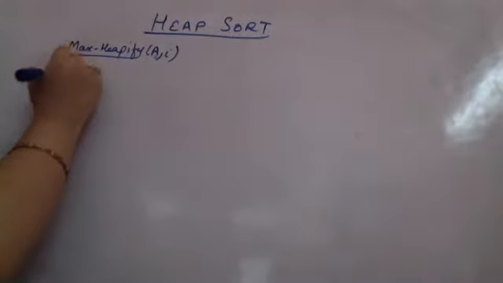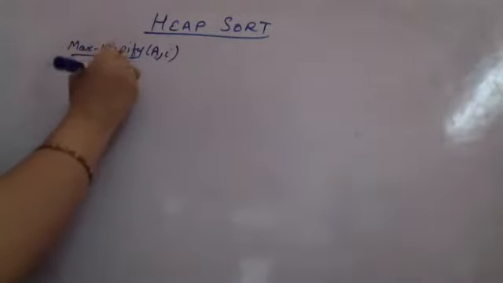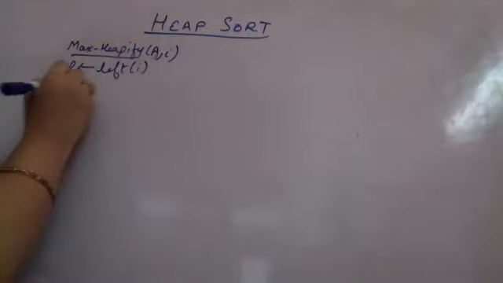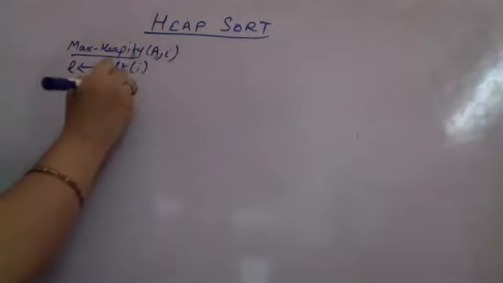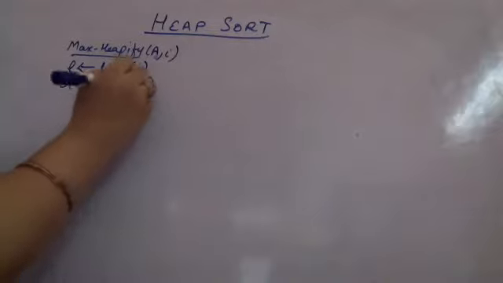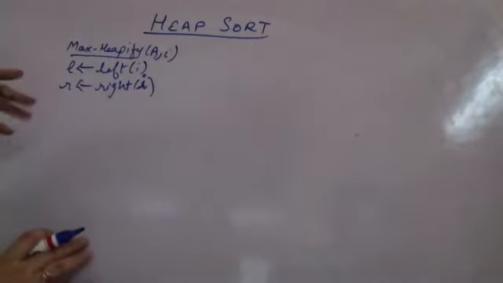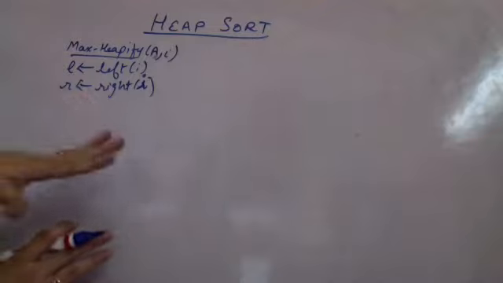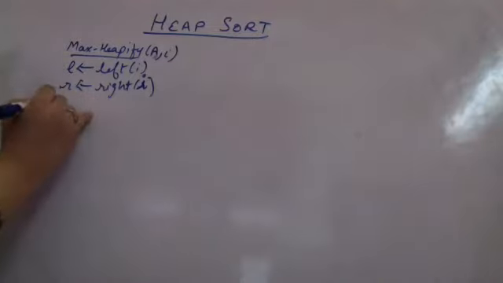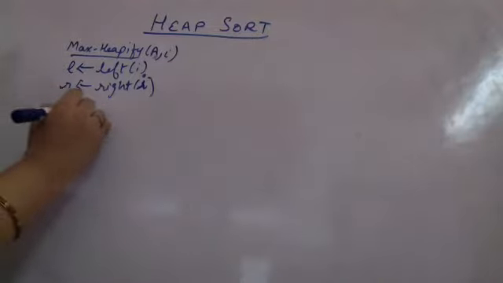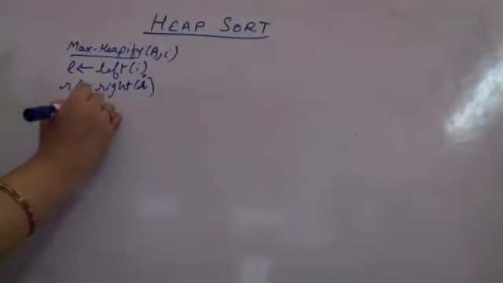Let us try to see the algorithm. First, I calculate the left of I and the right child of I. I calculate these in L and R. I जो भी node है जहाँ से heapify start करना है हमें, I am creating the left and the right children in L and R. Now, if left and right children are available in the size, then that means I'm checking if L is less than or equal to heap size